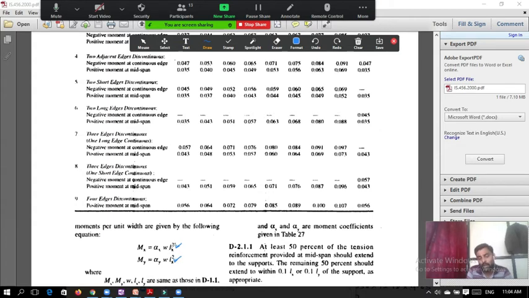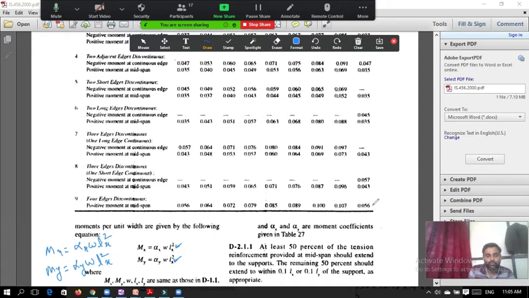So it may happen in the exam, in a hurry, we write here ly square and we get all the bending moment calculation wrong. So you need to take care of what is given over here. Now if I write the final formula, Mx is equal to alpha x w lx square, where lx is the shorter span, and my is equal to alpha y w, again it is lx square. It is not ly square here.